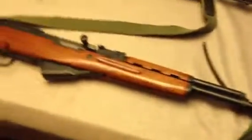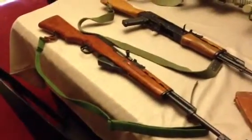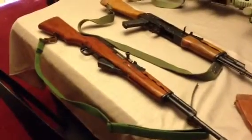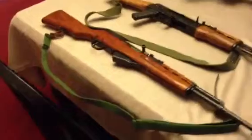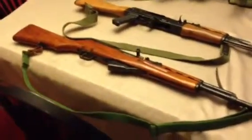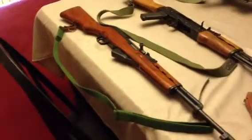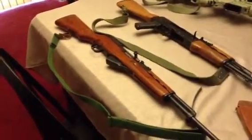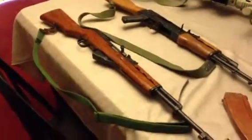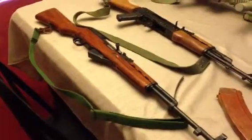I've had some of the 30-round magazines on a couple of my other SKSs before, and quite frankly, a lot of times they would fail to feed. Bullets would fall out of it if it wasn't in the gun. They were just made really cheap, and I never felt that they were built to quality. I know Tapco has a couple magazines, Pro Mag. They make some stuff that people feel is really, really good, but for me, on a harsh environment,